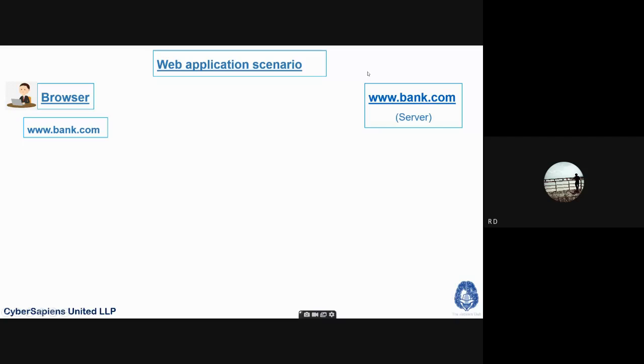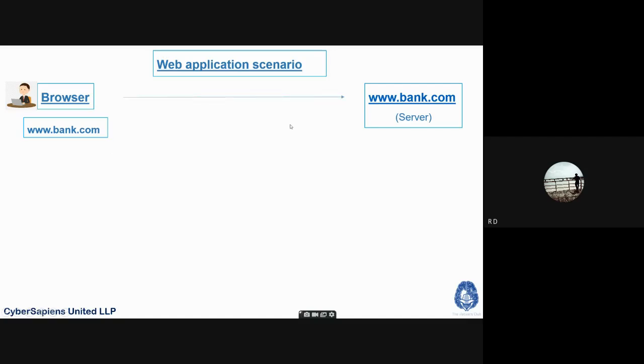On the other side, this particular server might be somewhere else. It might be in the US, it might be in Russia, maybe in Delhi, or in some other place. Generally most of the servers are located in the US itself, either in India or in the US. That's the place where all the servers are stored. So when this web server receives a connection, when you send an HTTP request through the browser to the bank server, what happens is